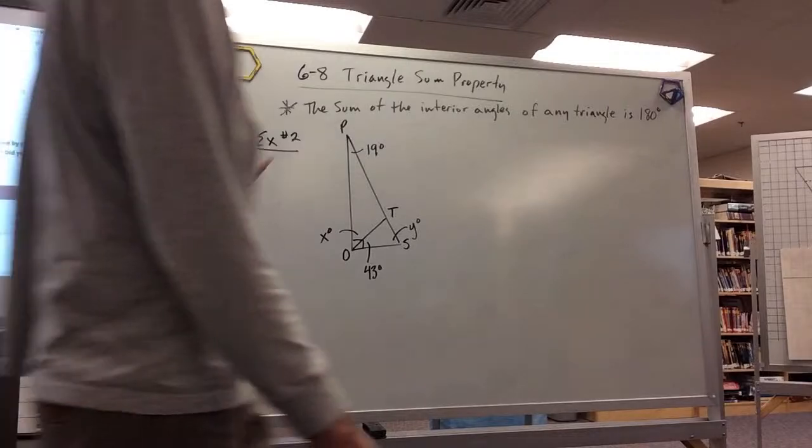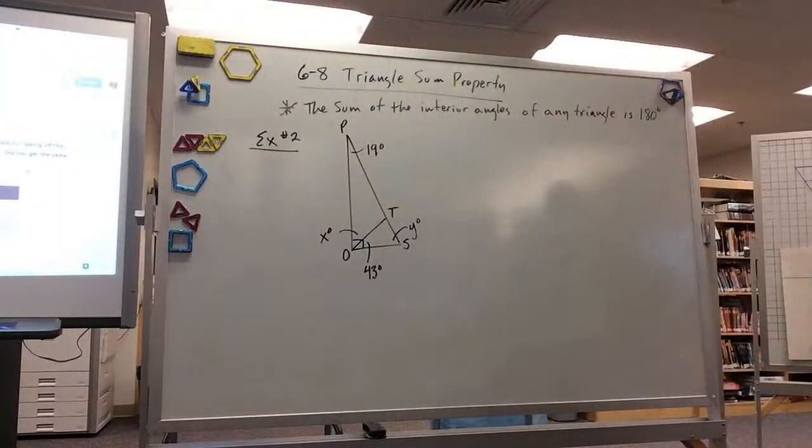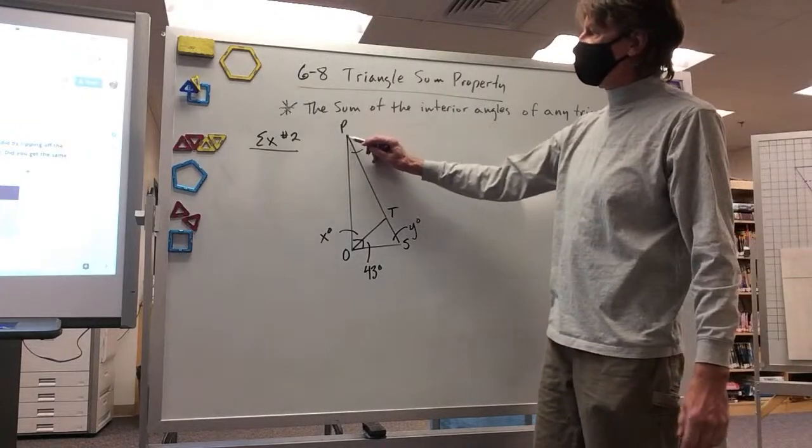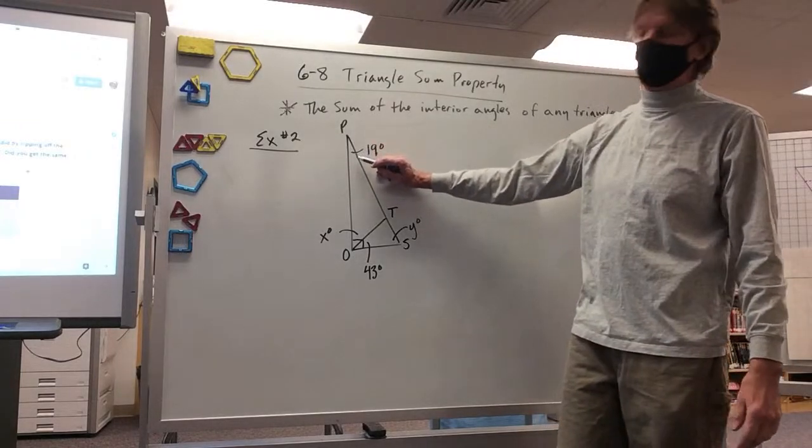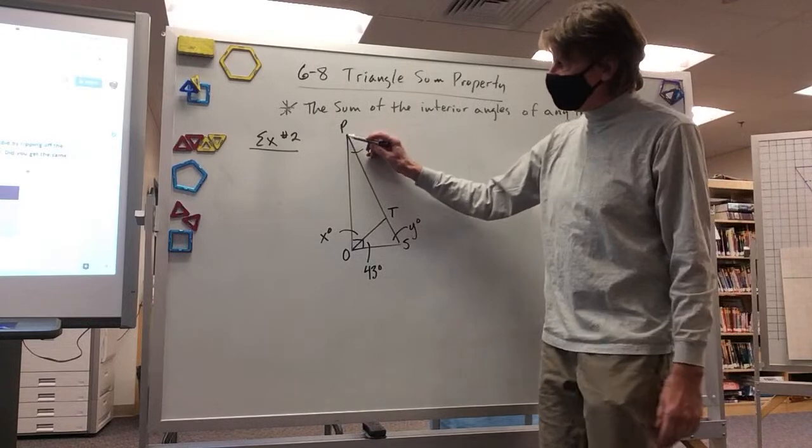So in this lesson, taking a look at the second example, this is typical of some of the problems that you're going to be presented with, where they give you a diagram. The diagram has some known measures. So here they're saying angle P is 19 degrees. They're saying angle